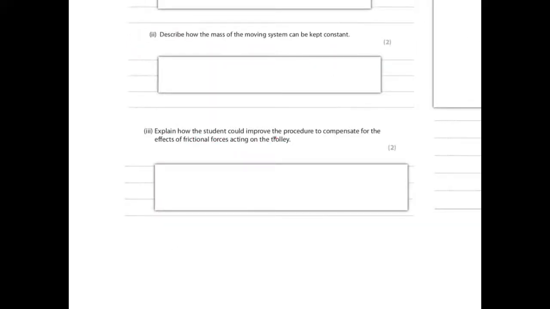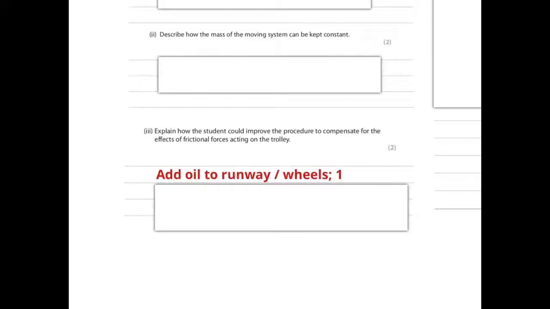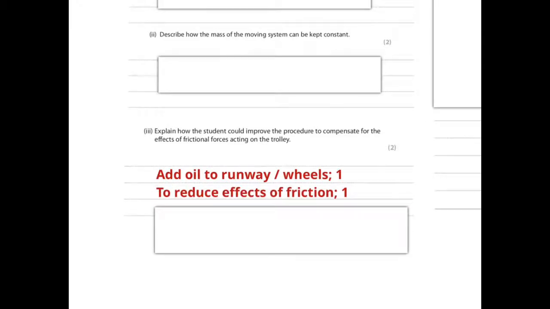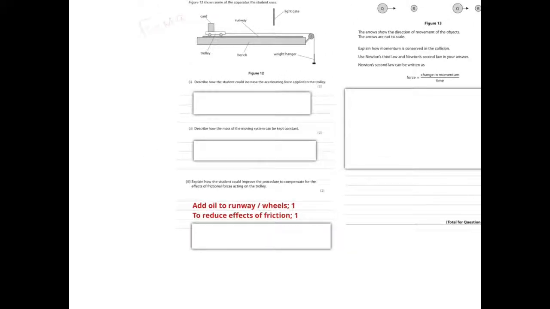Explain how the student could improve the procedure to compensate for the effects of frictional forces acting on the trolley. This is pretty easy. Whenever you think of friction, think of adding oil to lubricate the wheels or runway, and this will reduce the effects of friction. You could also lift up the runway, put it at a slight angle, so it's easier to overcome the frictional